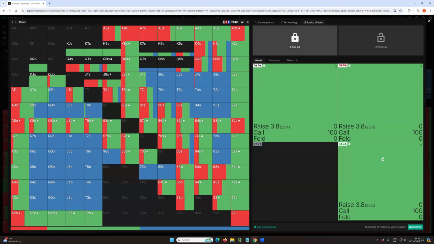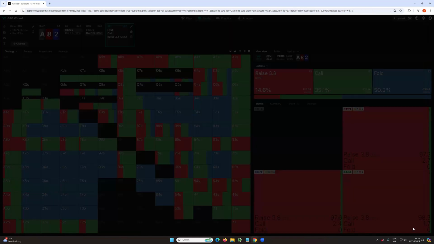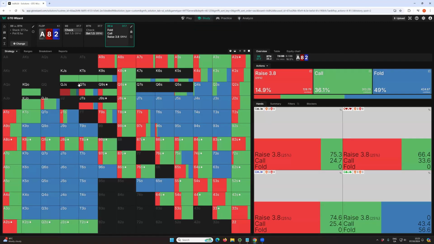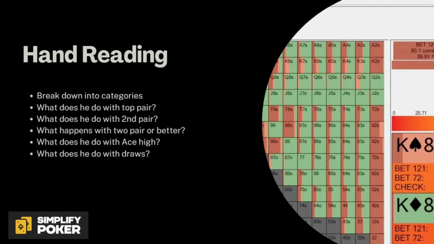So now let's lock that, and we'll node lock. And now, this is the way you should be thinking. Always just break it down into different categories. What happens with top pair? What happens with second pair? What happens with third pair? What happens with two pair in his stronger hands? What happens with his draws? And then you just think about all the stuff that he folds. You should constantly be revising the grid in your mind so that when he calls,